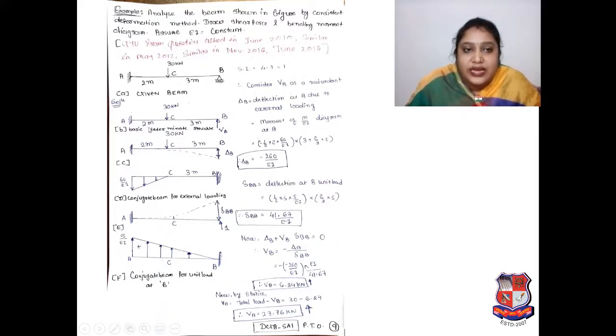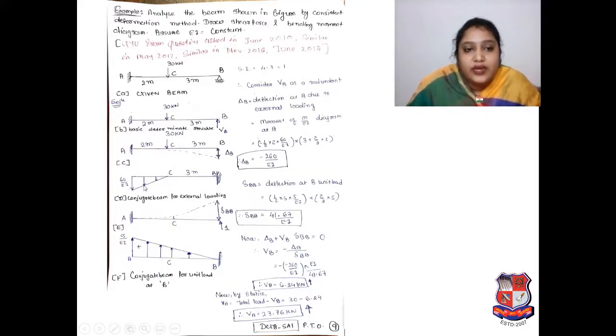As per that, here are the 2 meter and 3 meter distances, the 30 kilonewton load is there, and we remove the support, and here VB is in the upward direction. So we have to draw the delta BB deflection diagram. We know that some load is there, so deflection will start from somewhere, and whatever deflection there is, it is your delta B. You have to prepare the diagram.